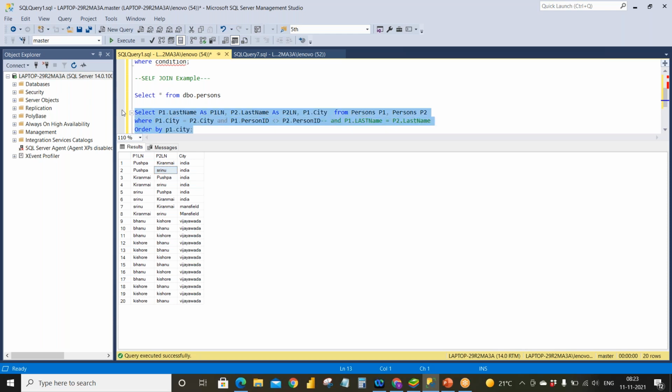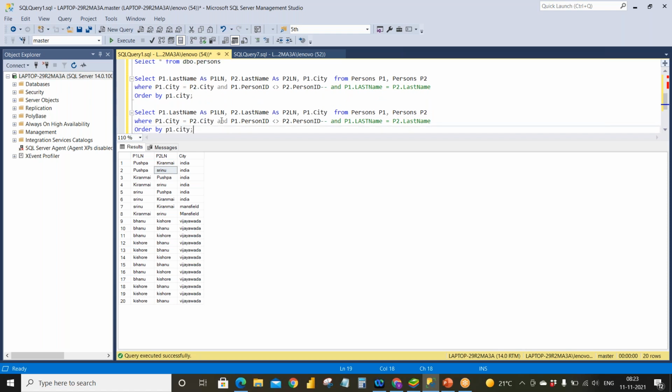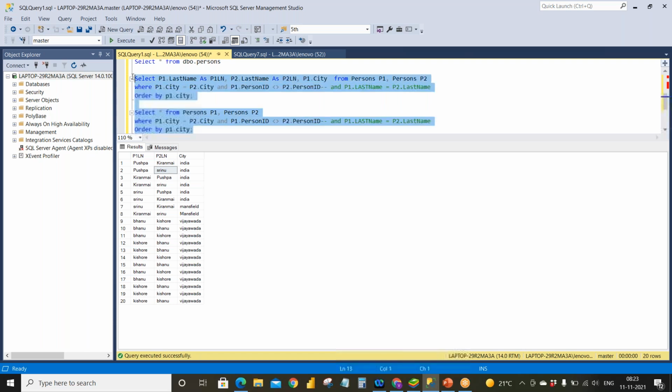In this way, we can find out, if both the columns are in the same table, and you want to find the similar city, similar address data, or any data like similar last names, similar first names, you can do it with the self join, but practically it's a very rare combination we use. So try to practice it so that you can easily get through it.